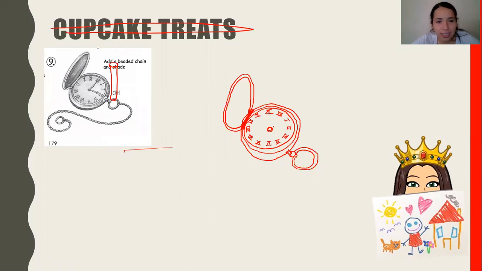And we can add the little details such as the hands. We can make it fancy looking, a large one, and we can make a smaller one. We can add a chain to this just by making little circular beads. I'm just gonna, just for the sake of time right now. And then you would go ahead